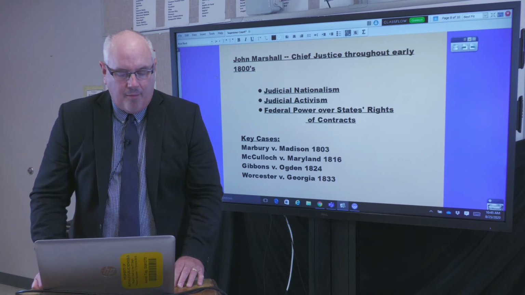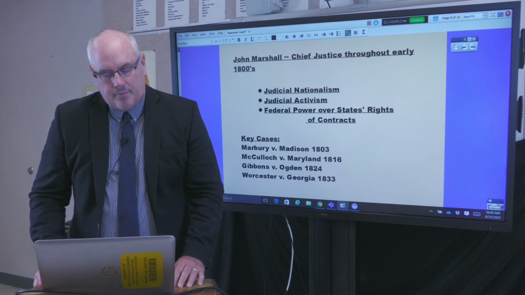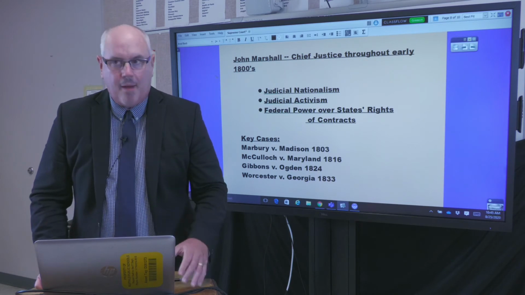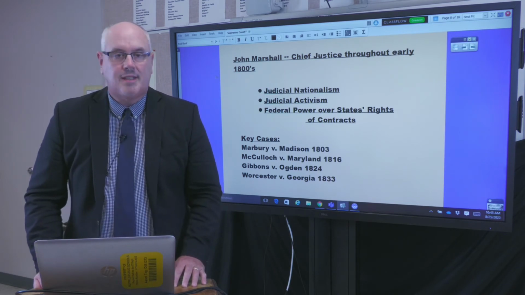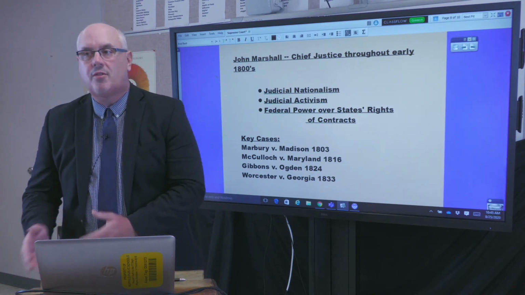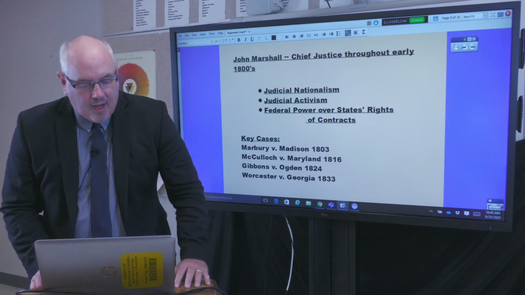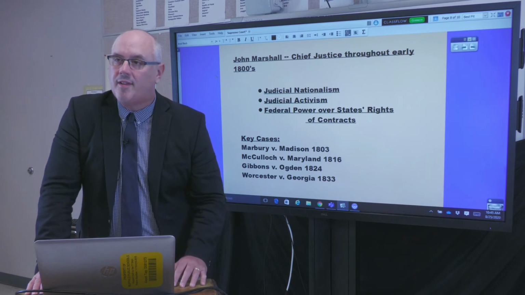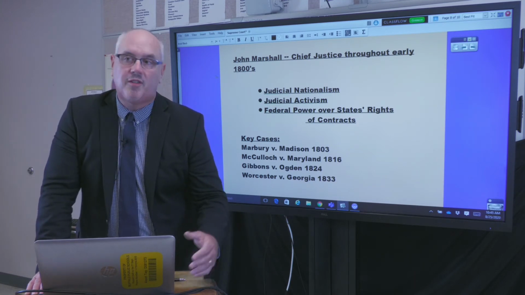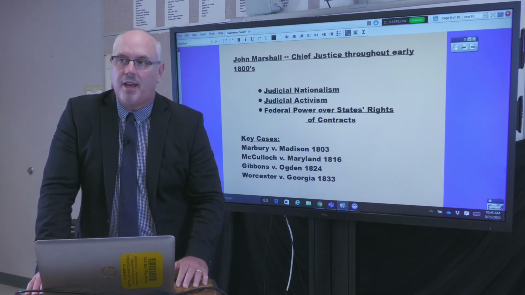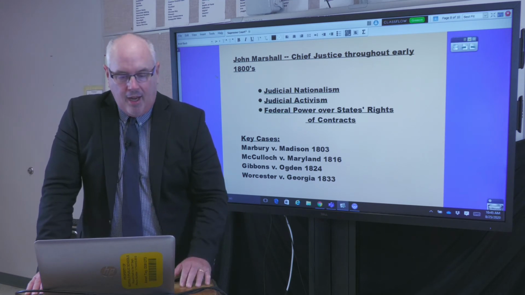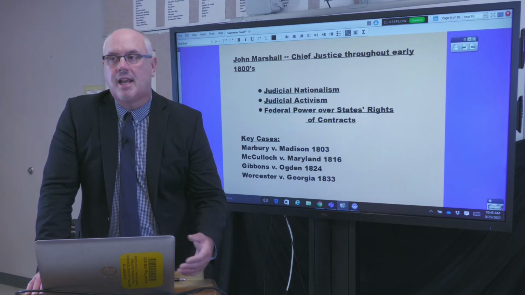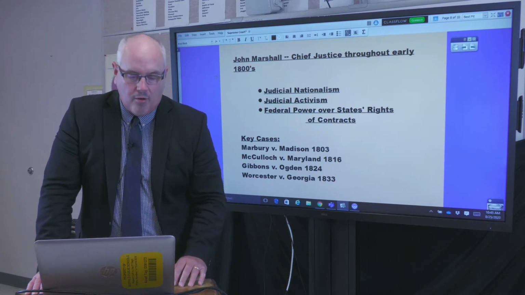Gibbons versus Ogden, we have a case where Marshall puts into practice the Commerce Clause of the Constitution, saying that Congress has the right to regulate trade across state lines. It had to do with a gentleman who was looking at where his license to operate his steamboat would come from, which state, since the river he was operating on went through more than one state. And the answer to that was that Congress, the United States Congress, would hold the power to regulate trade across